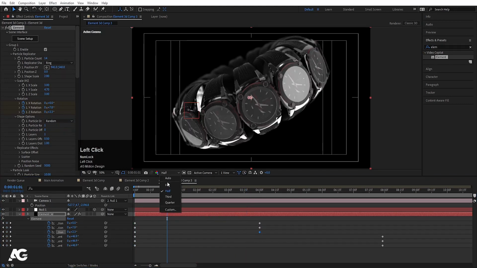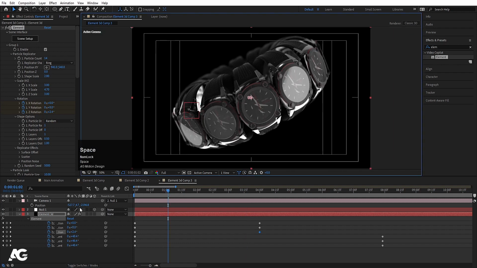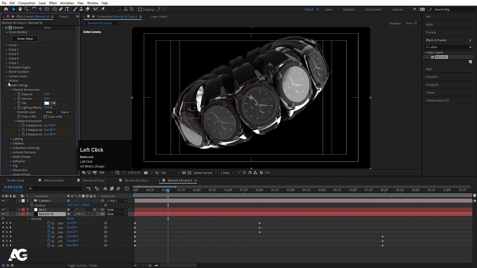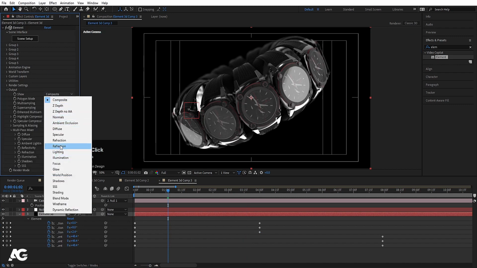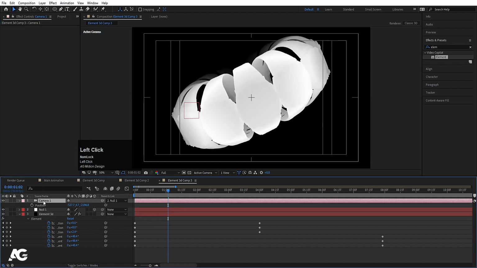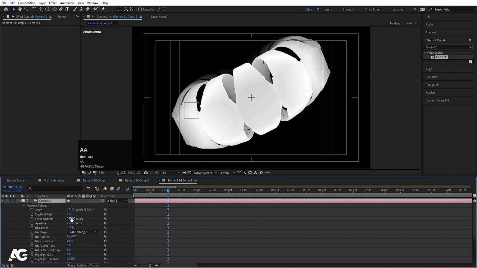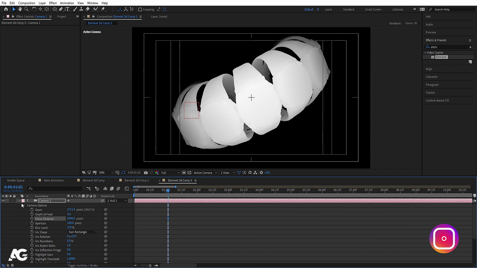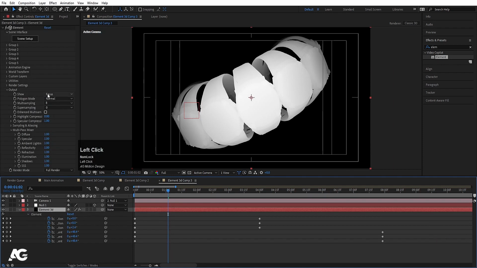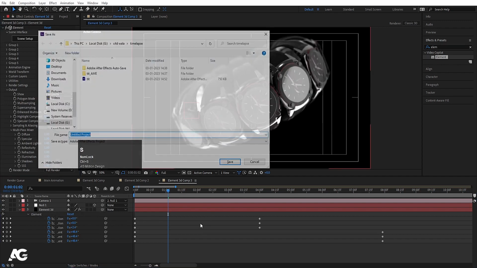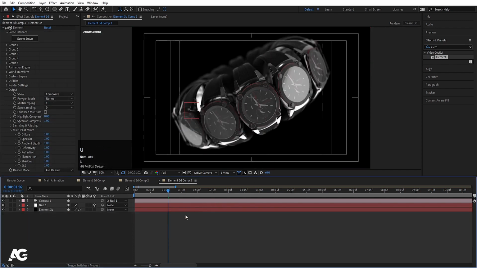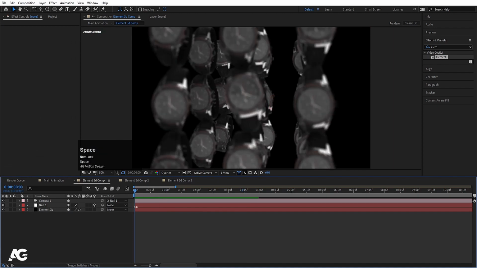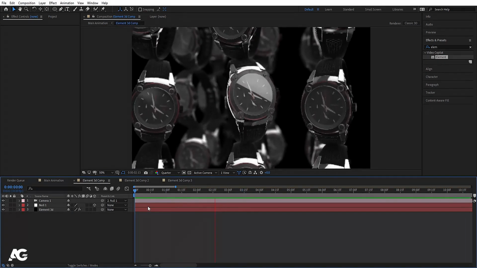You can choose full resolution also, and if you want to add depth of field, all you need to do is go to the output menu. Instead of composite, let's choose focus, and now select this camera option, hit AA, and you can increase the focus distance. And those objects that are completely white, it means your camera is focusing on those objects. Then make it composite again. Hit U. So we have created these 3 layers,